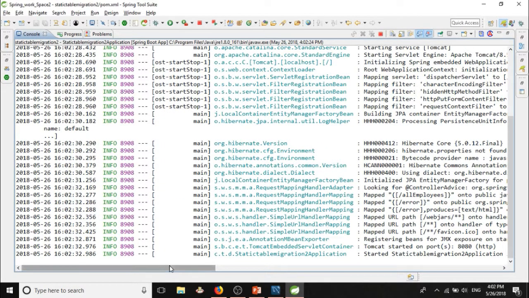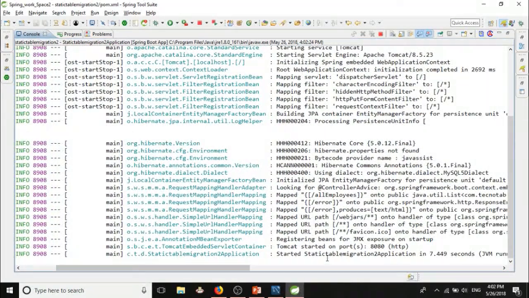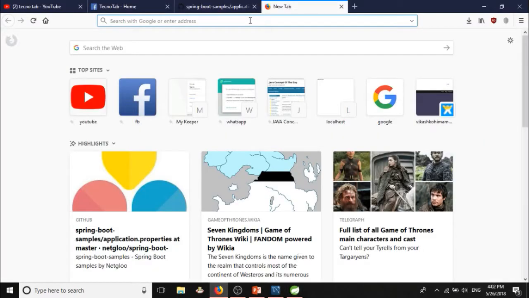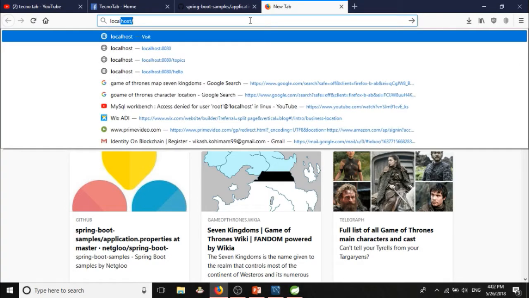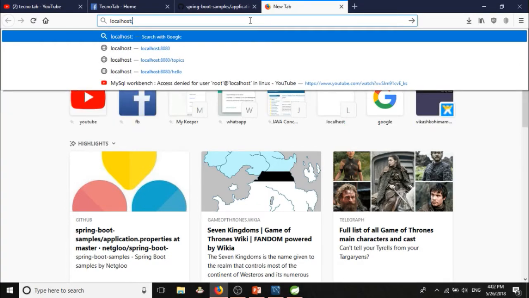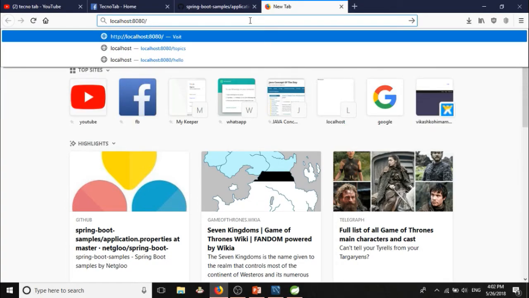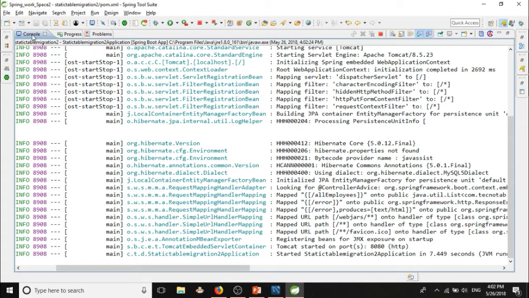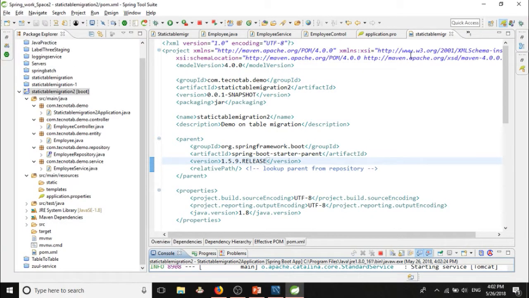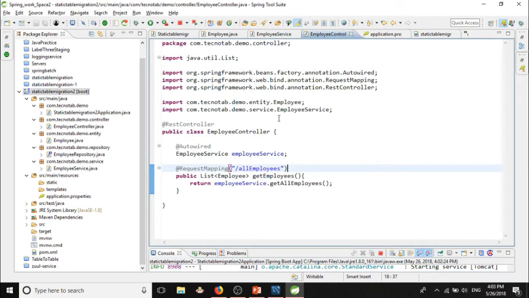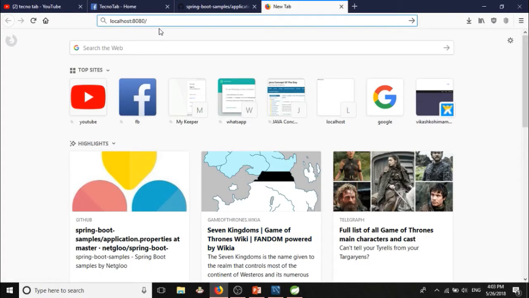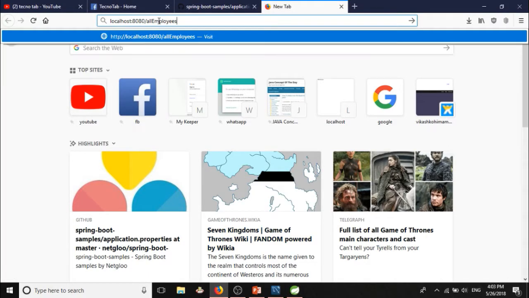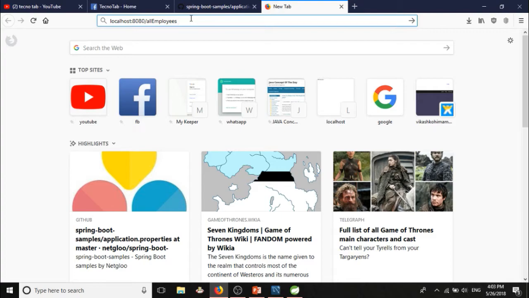Now the project is updated. Let's run and check it. So now the project is running fine on Tomcat port 8080. Let's test our application. Type localhost:8080 and the mapping that we have given to our controller class, all employees. Copy it, paste it, and hit enter.